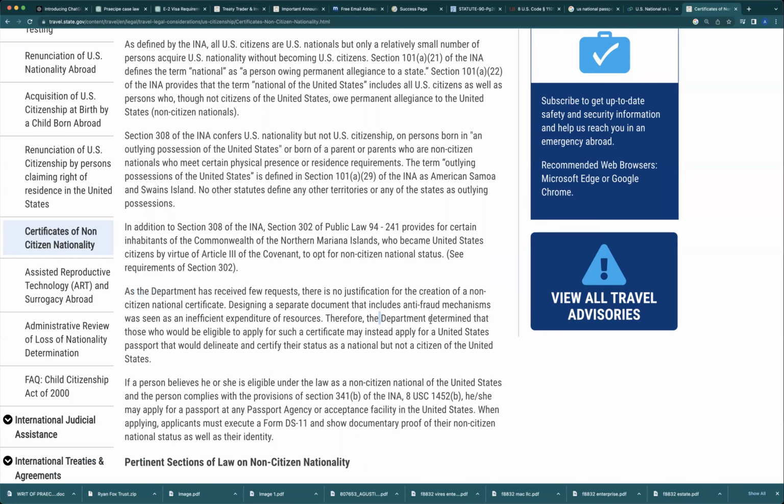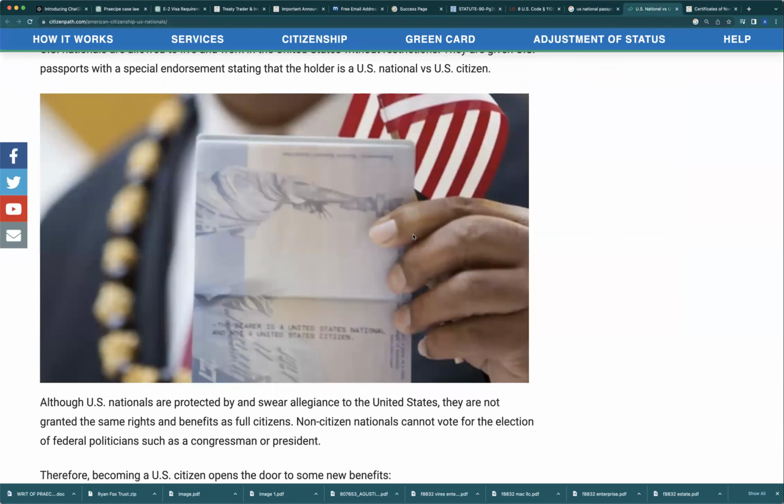Therefore, the department determined that those who would be eligible to apply for such a certificate may instead apply for a United States passport that would delineate and certify their status as a national but not a citizen of the United States. They're telling you that they are not going to give you a document that looks different from the